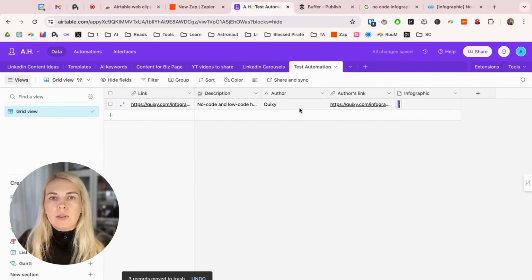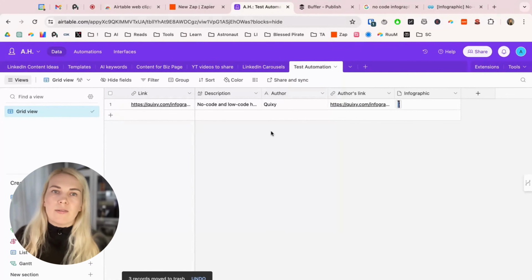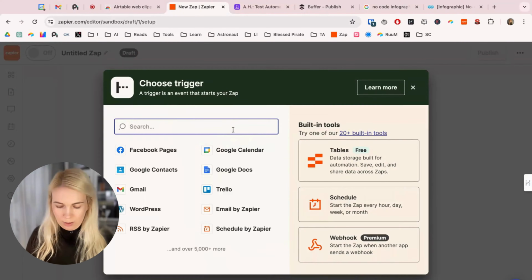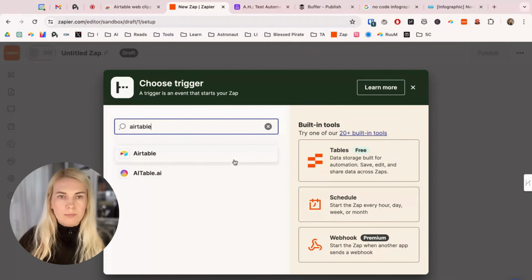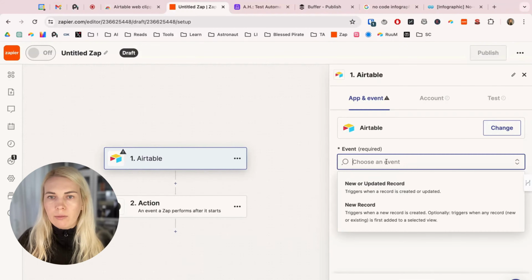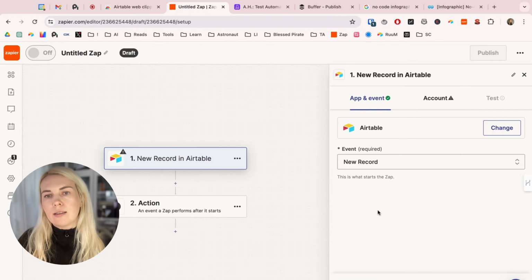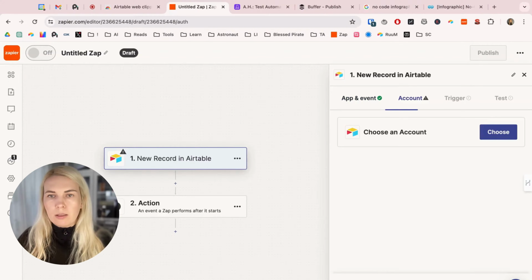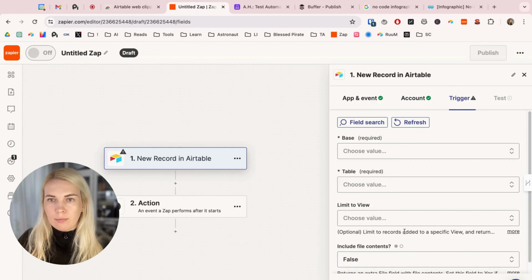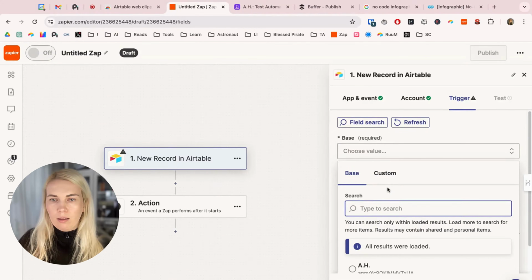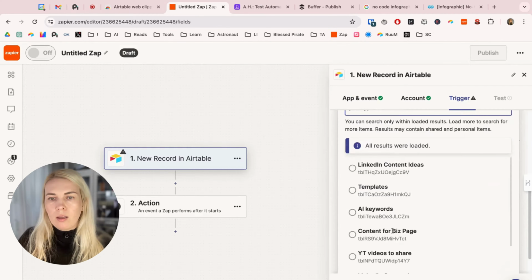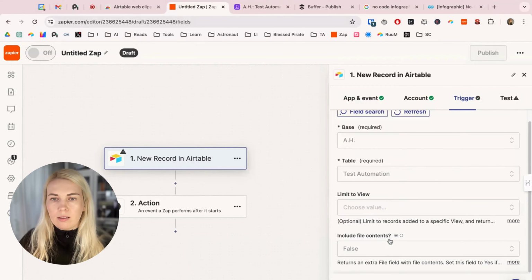And now it's time to set up the Zapier integration. So first of all, let's do the trigger, which is going to be Airtable. And I think I already have the right one. So a new record is added. I want this to be the trigger. Okay, this is the base. This is the table. And let's find test automation table